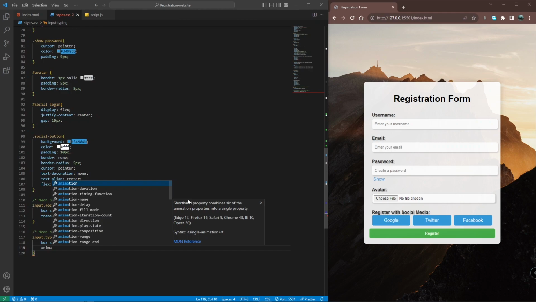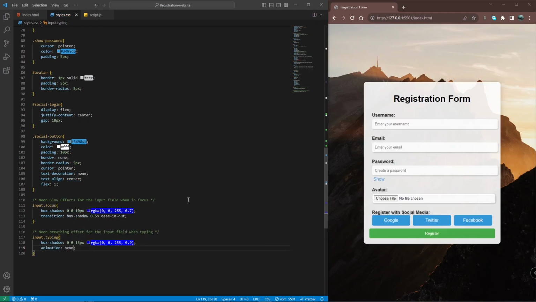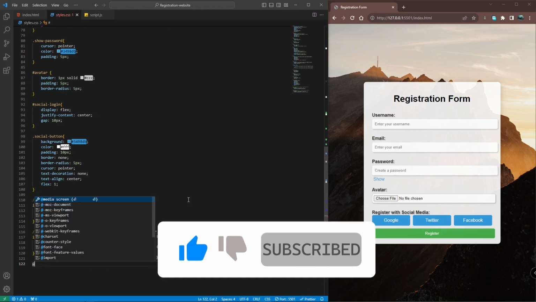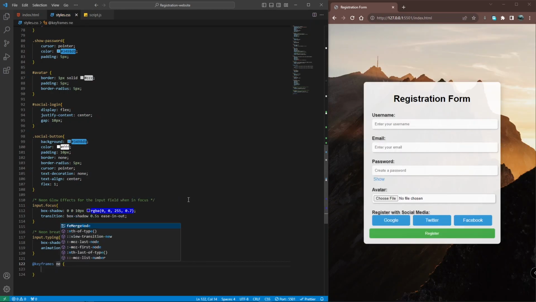And now animation will be of, let's give a name, neon breathing, 1.5 seconds ease in out and infinite. Okay, let's define this animation using keyframes. Neon breathing, okay,